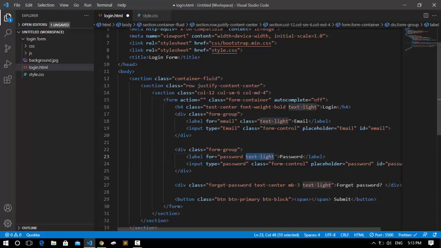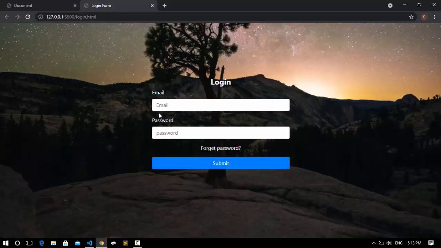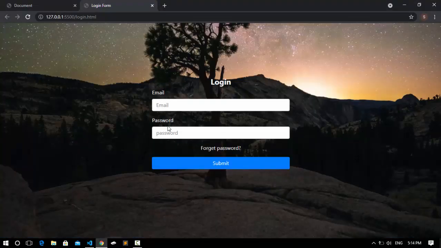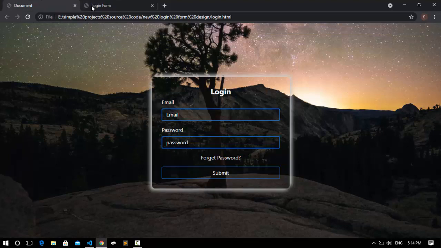We didn't create a class for this. So I'm gonna say class and put this here. Save. It really takes too much time to load. Here we have it. I just pass text light somewhere else. I forgot where I passed it. I pass here. No. So, and after that you see that everything looks like this one, but we're gonna give